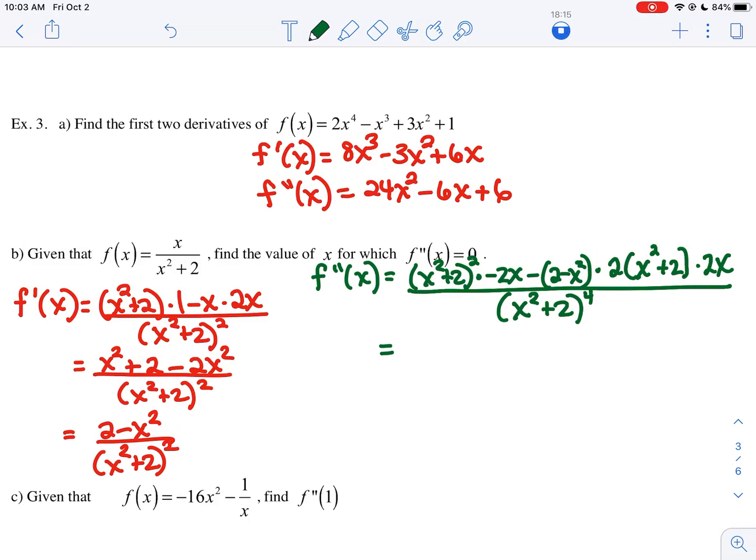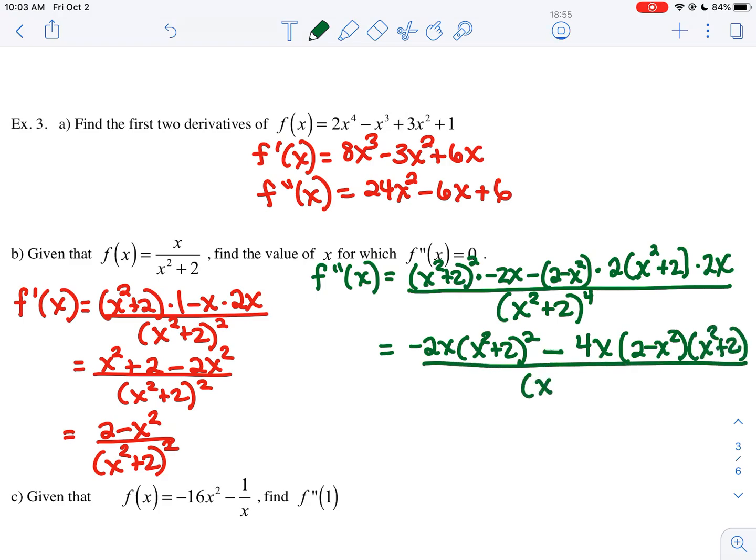Okay, so wait a minute. No, okay. So watch what I'm going to do. Maybe tidy it up here a minute. Okay, so I've got the negative 2x times my x squared plus 2 squared. And then I have a minus the 2 times the 2x. Okay, the 2 times the 2x. I'm going to make 4x. Then I'm going to have 2 minus x squared and x squared plus 2 over the x squared plus 2